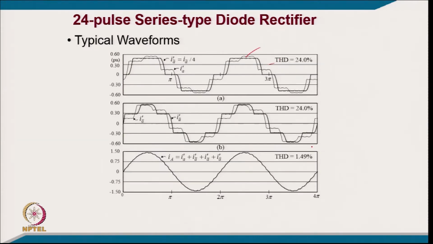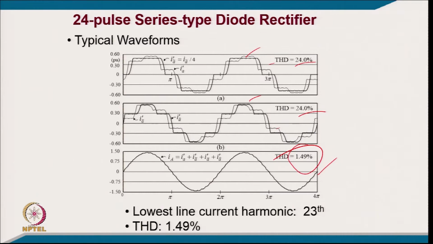I mean 1 converter, second converter which have a THD, third and fourth converter with a phase shift of, you can call it, 15 degree phase shift from one to another, and when you add together you get the THD of this, and this is giving the THD 1.49% by properly designing the leakage reactance of the transformer, which is responsible for providing the phase shift in this case. And you can call it the lowest harmonics, it will be